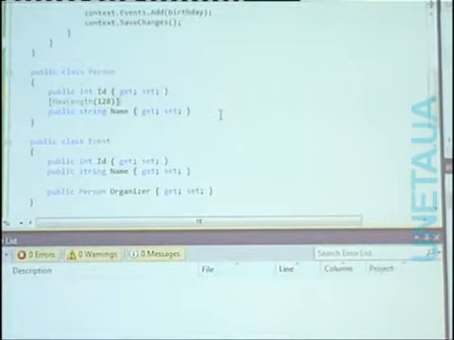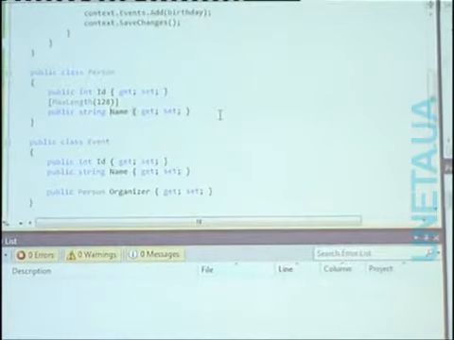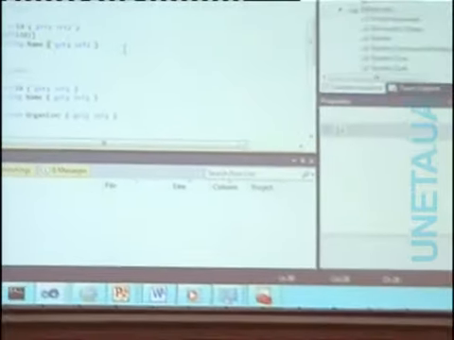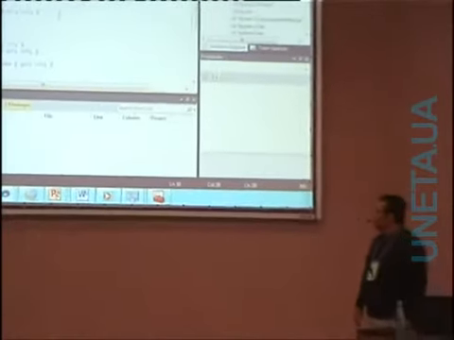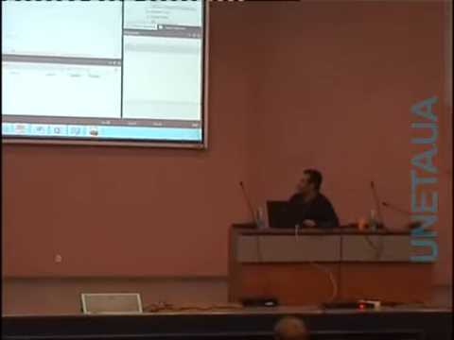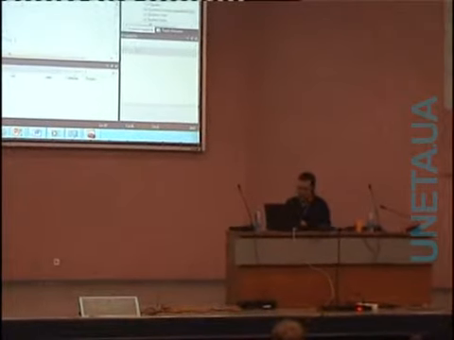For instance, with this annotation that I'm putting in this name property, I'm saying, okay, the max size of that column has to be 128. I cannot have arbitrary strings. And whenever I do something like this, or let's say I also say, well, I want to specify a new property.